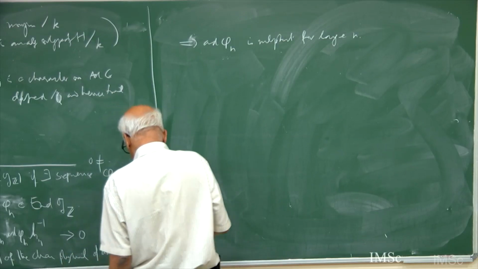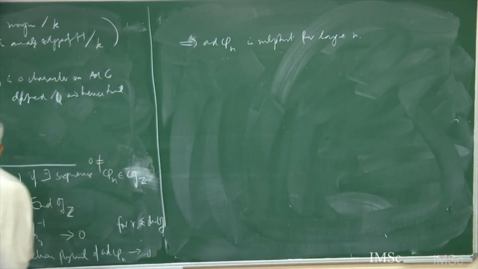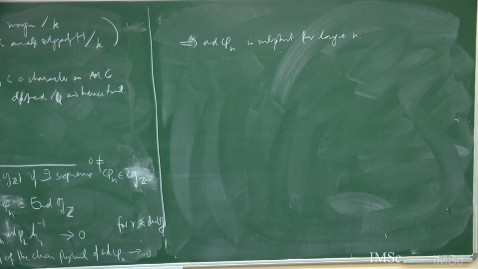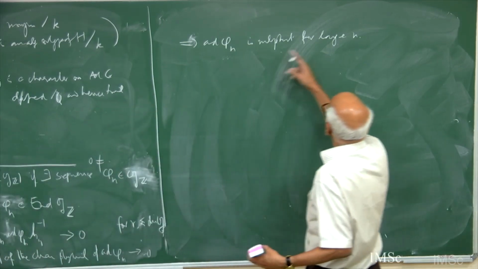Since they are integral, in fact it's the same integer all the time, because phi_n is integral, h_n Ad phi_n h_n inverse has also to be integral. So the coefficients of the characteristic polynomial have to be integral. On the other hand, they go to 0 because this goes to 0. This implies that Ad phi_n is nilpotent for all large n,